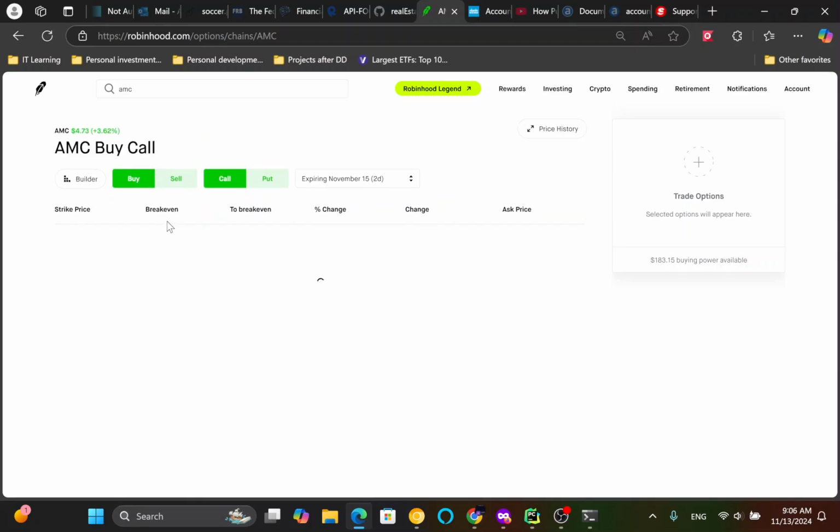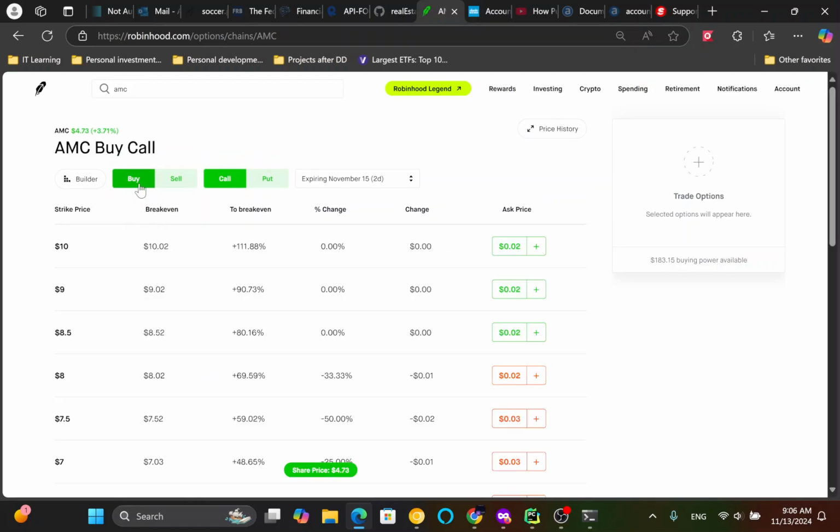Trade options. Basically, options are of four types. Buy call, which is the right to buy a stock at a predetermined price. It's used in cases when you believe the stock price will rise, allowing you to profit from the increase without owning the stock. And why are people using it? Because